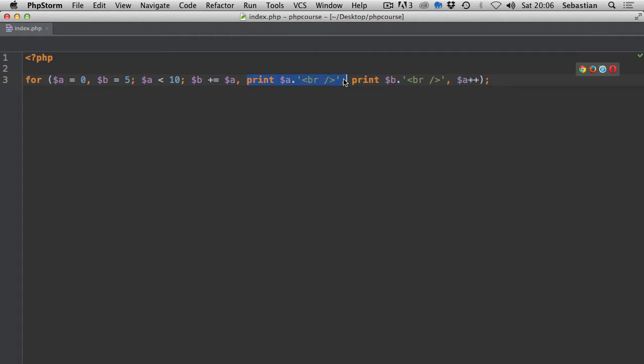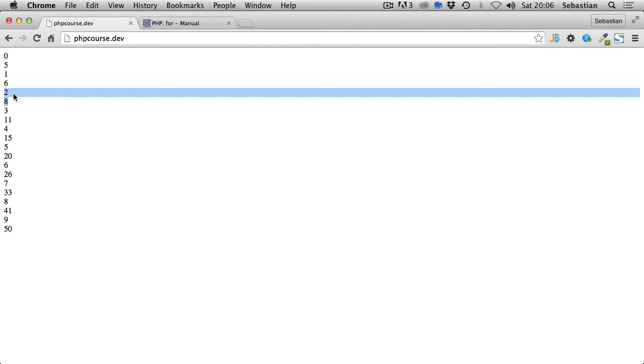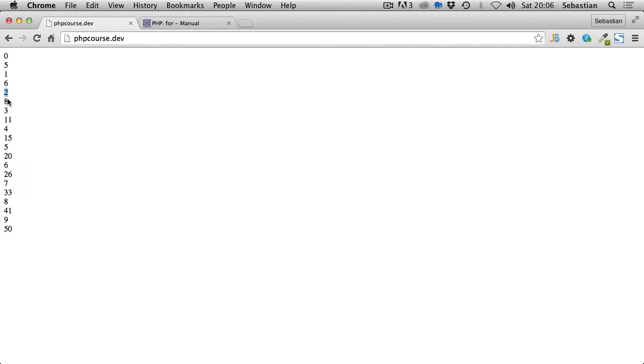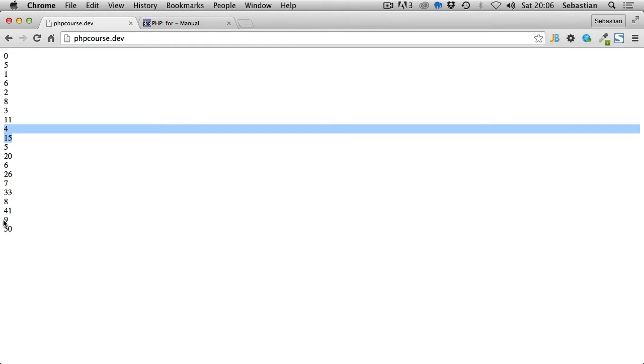So this executed 1 the second time around, and this executed 6 the second time around, because obviously we added 1 to 5, which is the original value associated with b, and so on. It's basically every iteration incrementing it by whatever value is associated with the a variable. So a then is 2, and b will obviously be 8, then 3 and 11, 4 and 15,